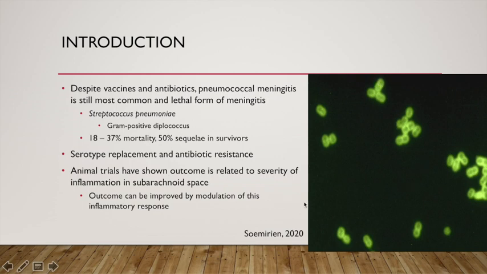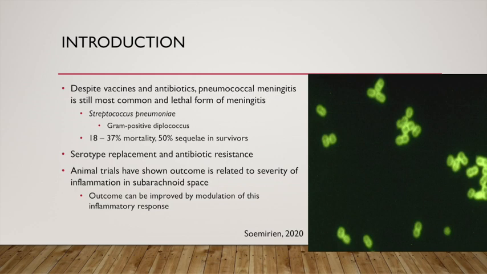They cause 18 to 37% mortality, and 50% of survivors experience sequelae, which are basically injuries and disabilities after the infection has occurred or after surviving the infection. Serotype replacement by the bacteria itself, as well as antibiotic resistance, are the main reasons for these high mortality rates in bacterial meningitis. Former animal trials have shown that the outcome, we're talking death or survival outcome, has been related